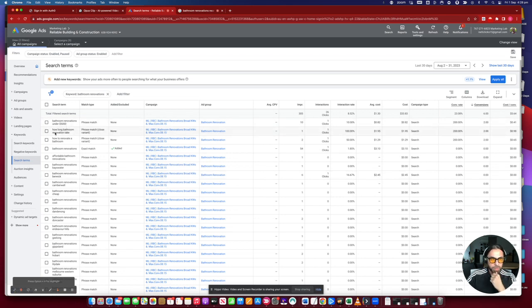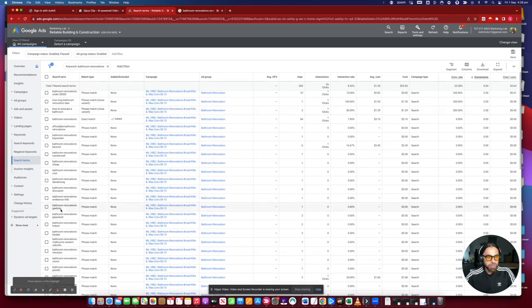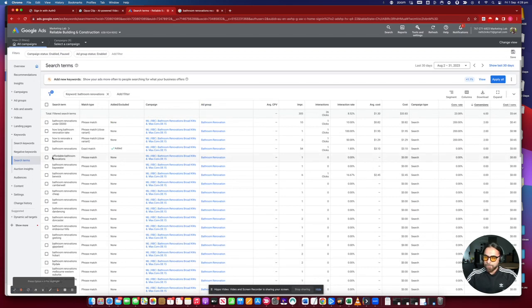So as you can see, these are the keywords: bathroom renovation under $5,000. Has had a couple of phone calls. How long bathroom renovations take. How to renovate your bathroom. Bathroom renovations, affordable renovations, bathroom renovations in Bayswater, Berwick, Camberwell, cheap, cost, Dandenong, Doncaster, Endeavour Hills, Geelong, Gippsland, Hobart. So these are very, very specific. So if you're targeting those areas, guess what? These guys are coming with a ready to buy